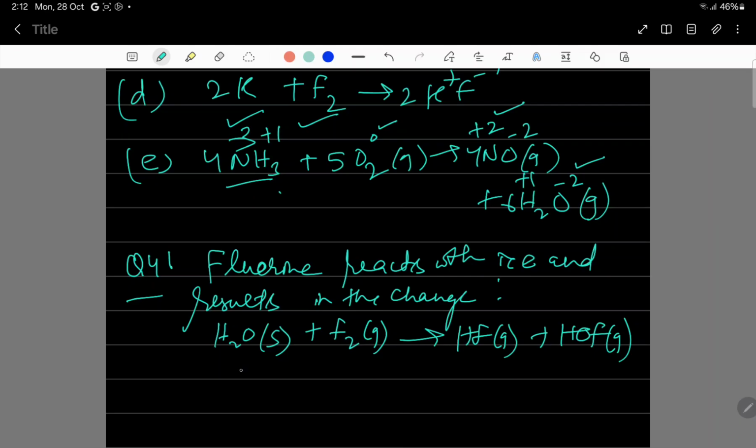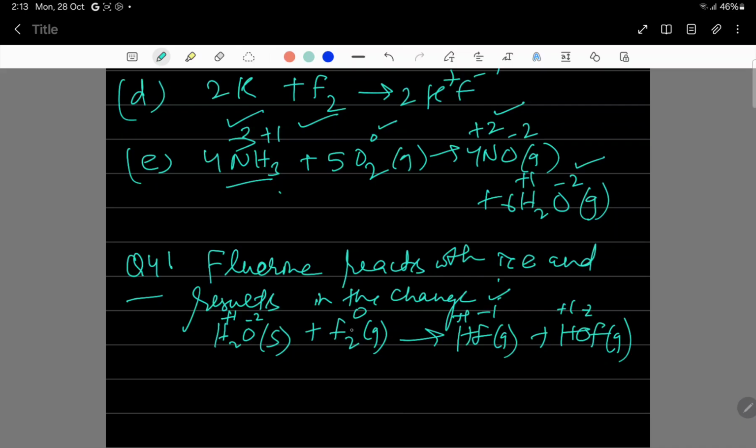So justify that this is a redox reaction. So here +1, -2, and from 0, so it's +1, -1, then it's +1, -2. So writing, the oxidation number of fluorine decreases from 0 in fluorine to -1 here,